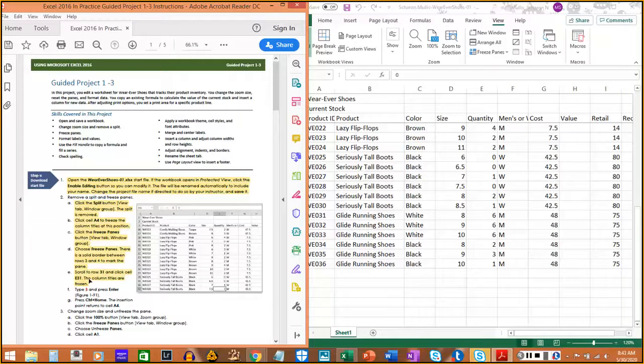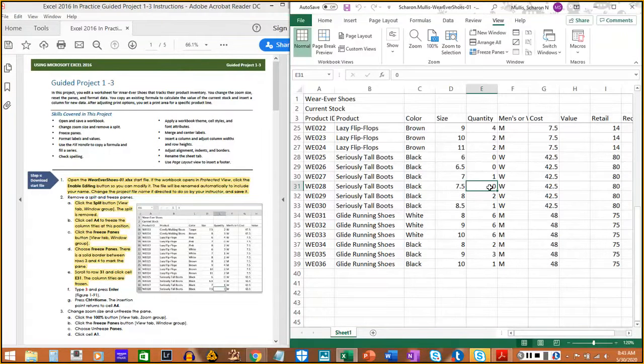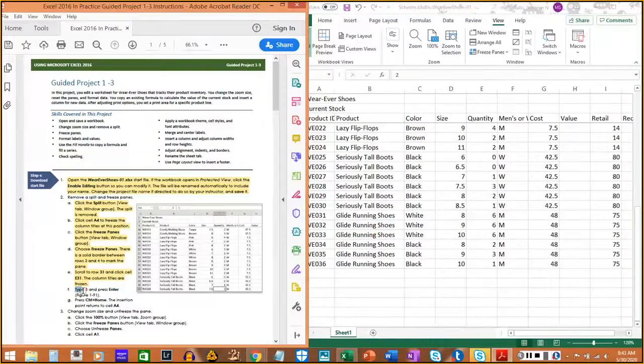So 2F says type 3 and hit enter and select enter. So if we go to E31, we type 3 and we click enter. So 2F is complete. 2G says press Control Home, and this is going to put the insertion point back to